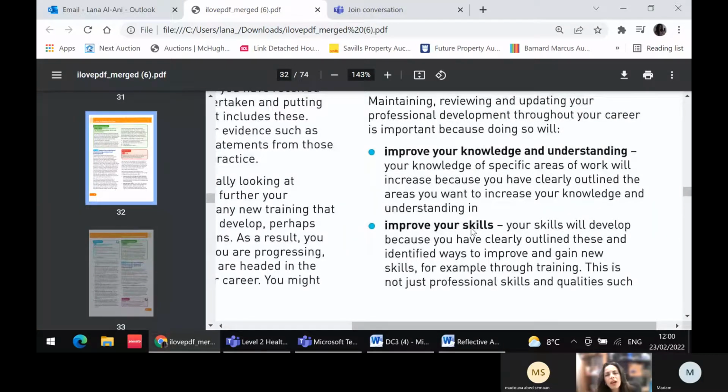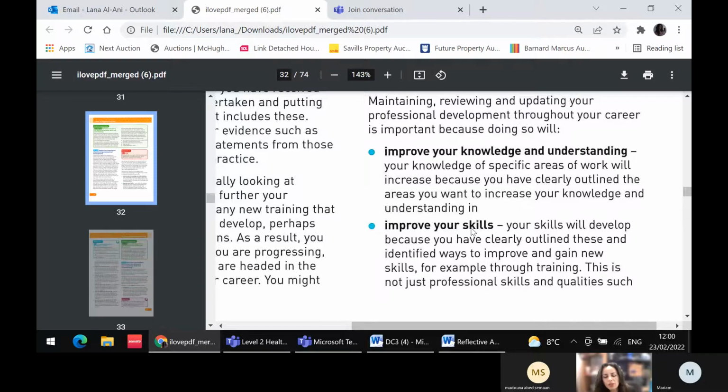Try always to say my and I. It's very good, even if it is not reflective of practice. Why? Because this shows that you have the knowledge yourself. It's not like you copied it from somewhere else. It's really good. So first of all, it will improve my own knowledge and understanding,